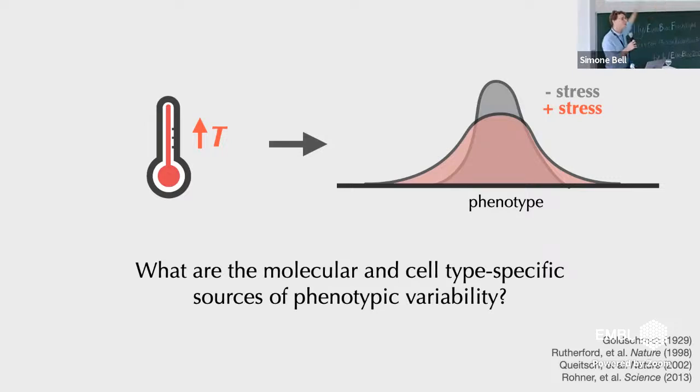phenotype level, and also at the molecular level with things like GWAS and even biochemistry to figure out mechanisms that control this increased variance in response to environmental stress. But something that I think is really lacking or is missing in these models is accounting for development. And so my lab really works specifically on the molecular and cell type specific sources of this increased variability after